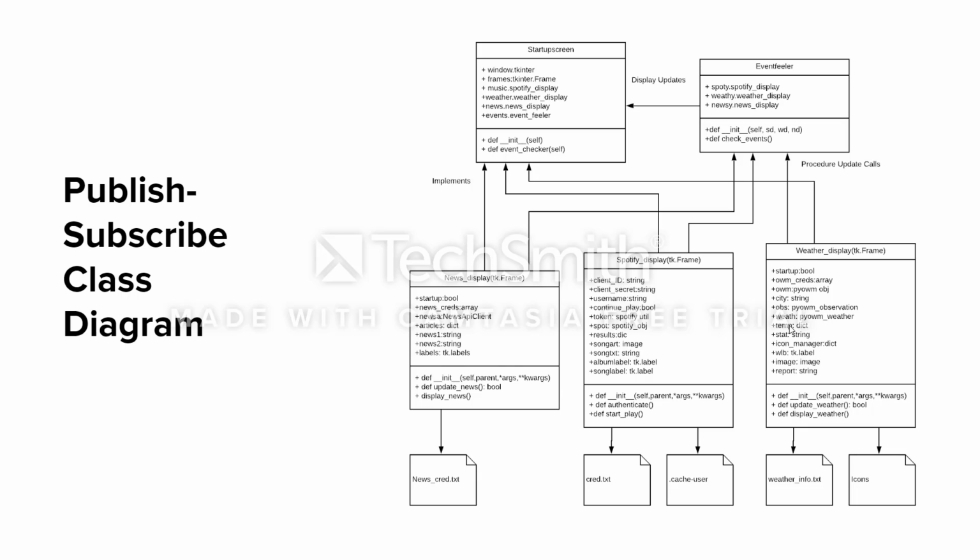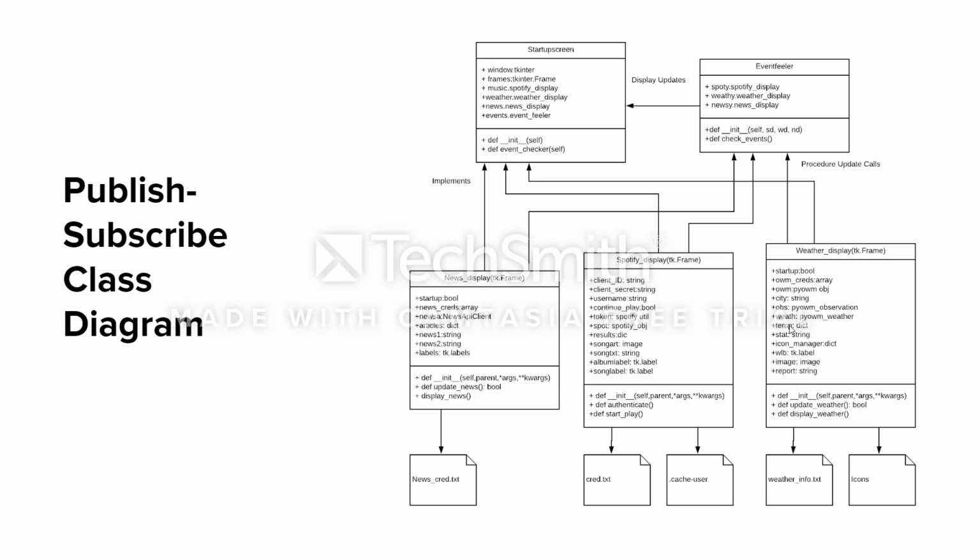The event feeler is my event handler for this project. It's what actually feels out to see if any of the widgets have any new information to display. The three main widgets that I have are the news display, the Spotify display, and the weather display. All of these inherit from tk.Frame, that way they can display properly onto the screen, and they each have their own text file, or in one case actually a cache file, to authenticate the user so that I can use